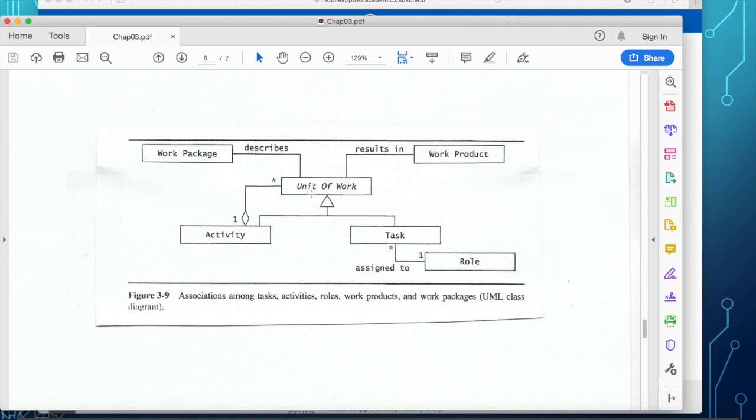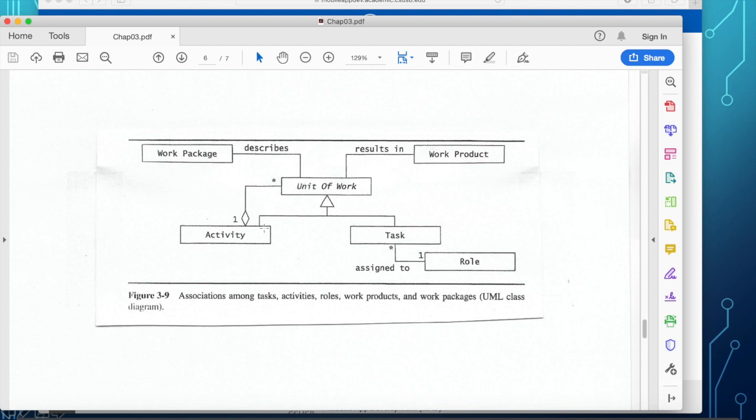So unit of work is central to every team. As a matter of fact, your output should be defined in terms of unit of work. What are the units of work that you are supposed to do in order to say, I have done this particular phase of the software development?